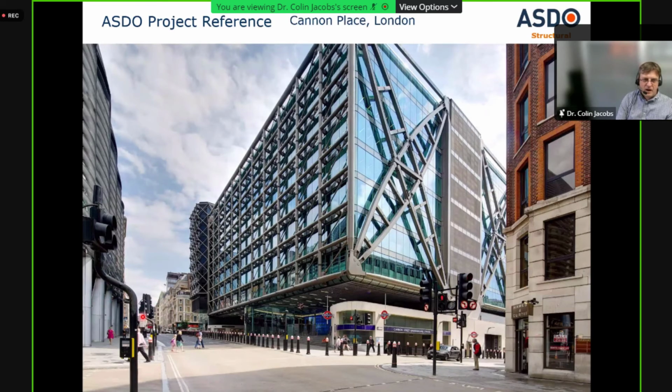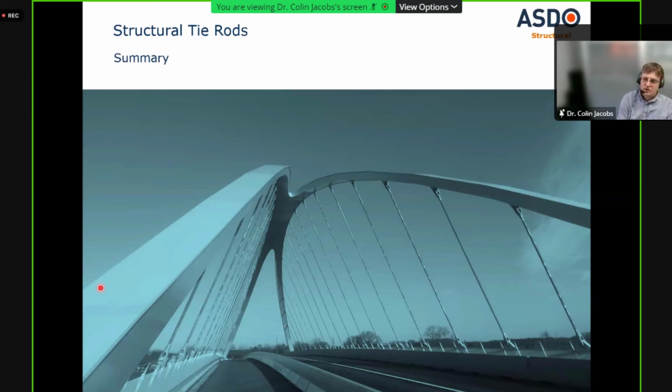So very architecturally imposing, I think. But again, you see all our tie rods here holding up these trusses here. So just to conclude, in summary,